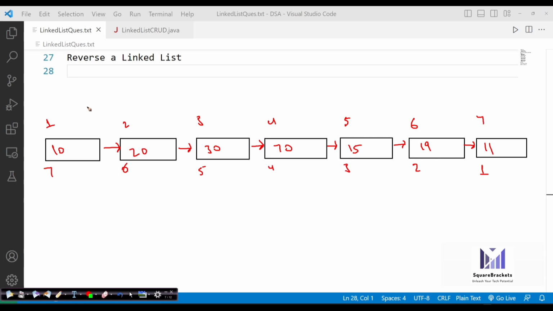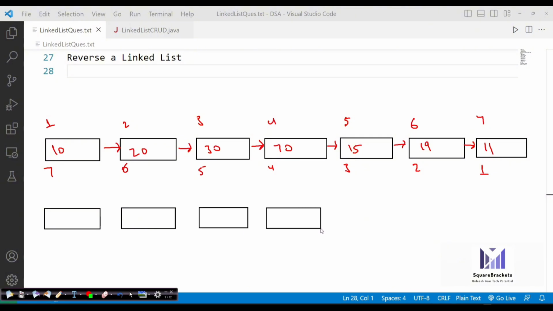Okay. Now what it means, suppose this is the current list that we have. And now when I talk about reverse, we always think of reverse like 11, 19, 15. So instead of saying this, I will say 10 will be here as it is. All the nodes will be here, where exactly they are. I'm not going to move any node. There is no need to do swapping. We can obviously do swapping kind of thing. But what we can do is just keep every node at their own places.